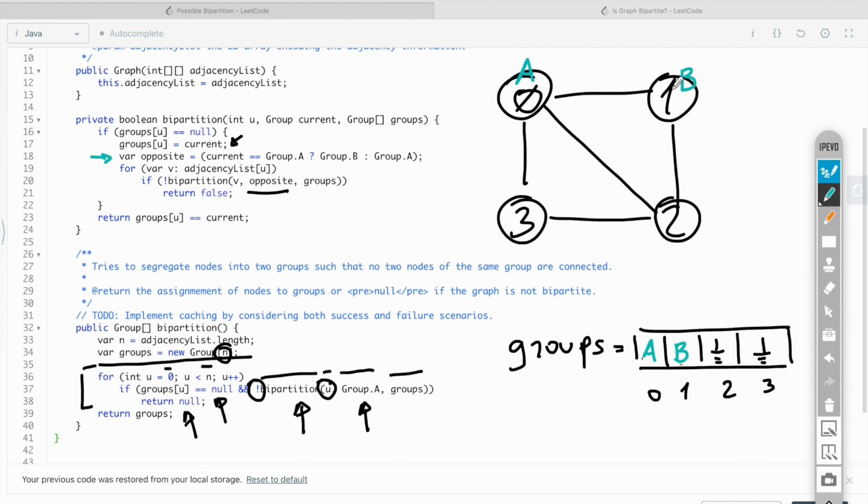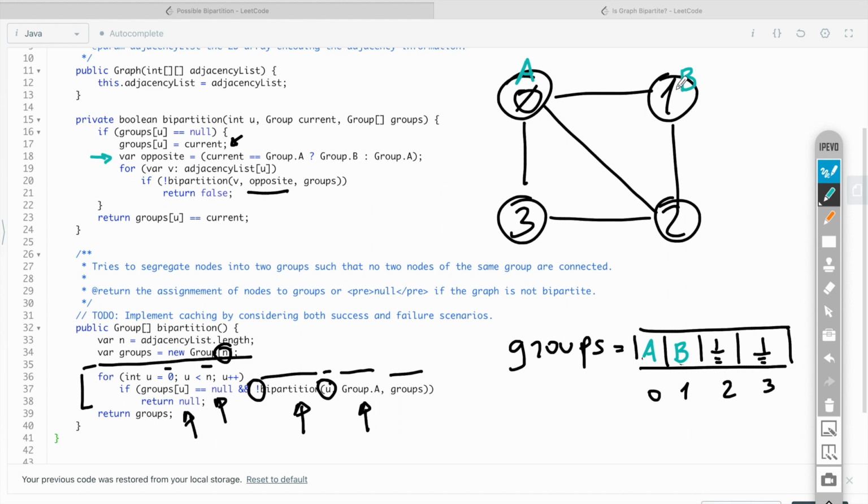And now node 1 is going to traverse its neighbors. Suppose that it first tries to traverse in the opposite direction and recursively call node 0.